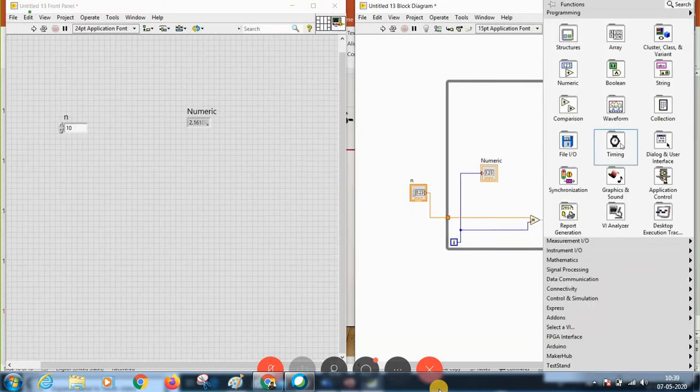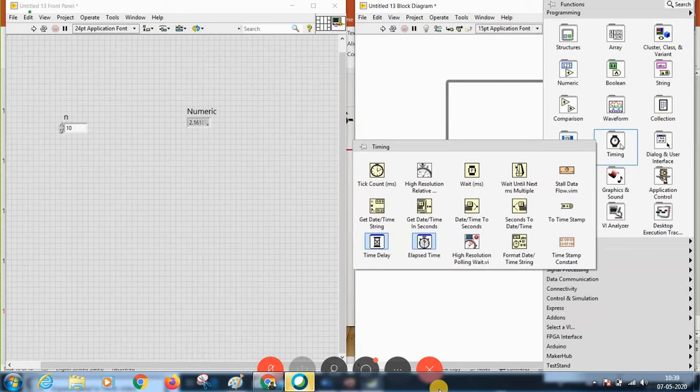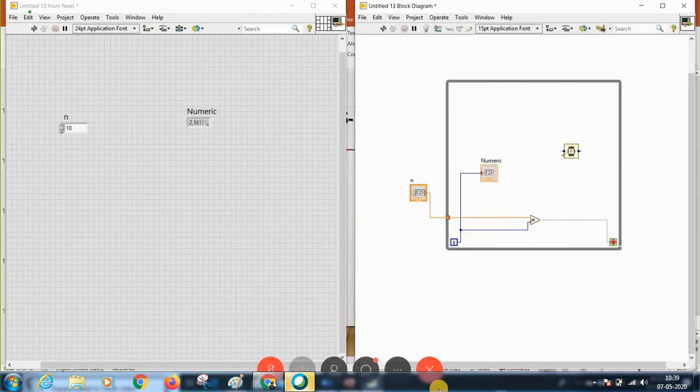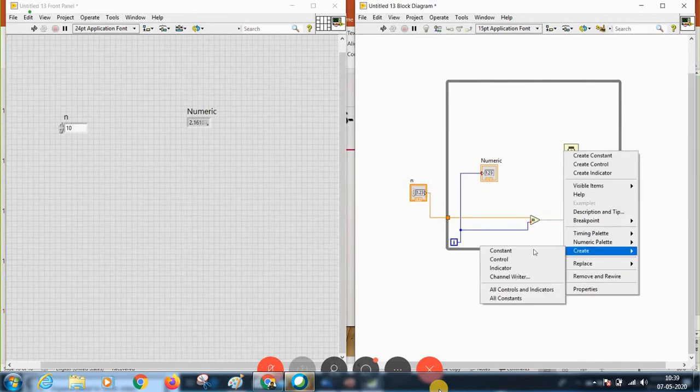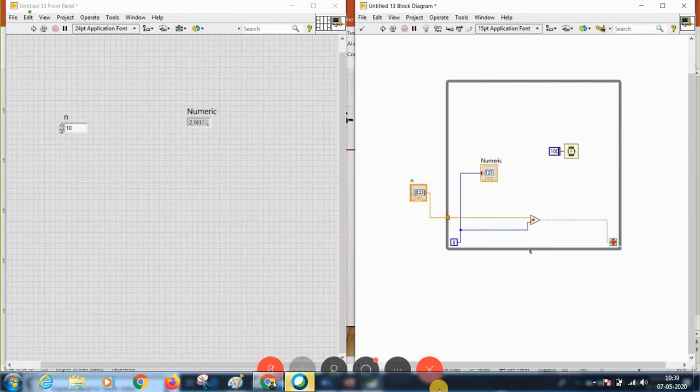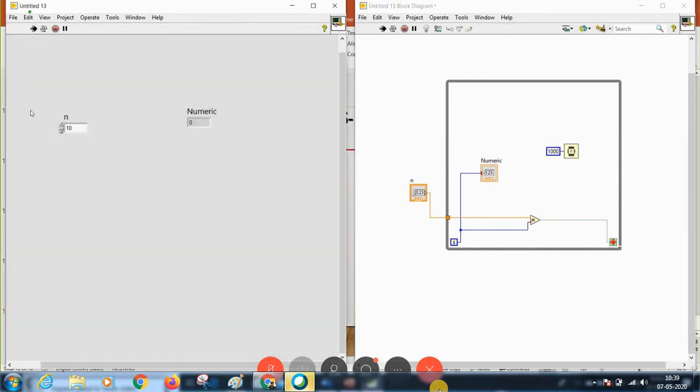While seeing my numbers, I'll give a delay. In the block diagram there is timing, the wait for milliseconds. I give a constant for it. Let me run now. You can see that the number varies from 0 to n, not n minus 1.